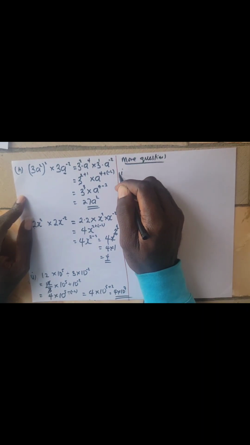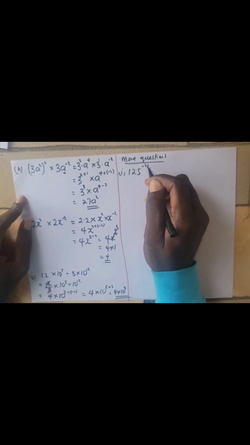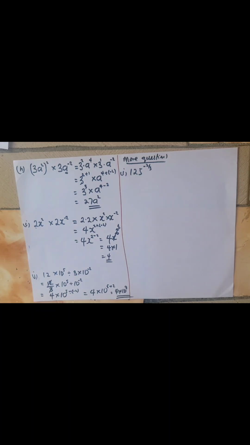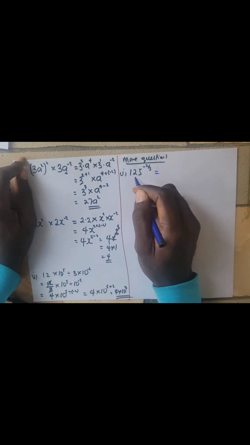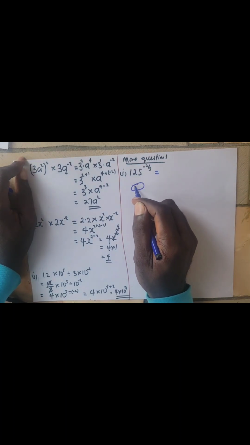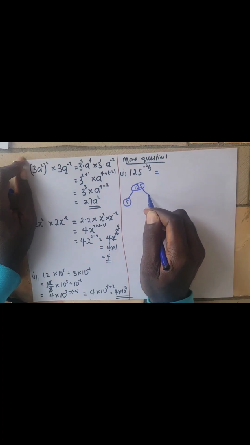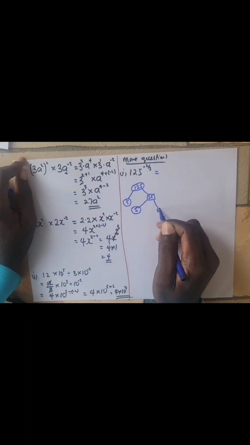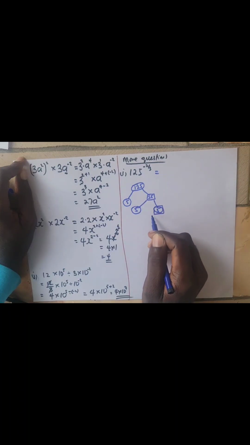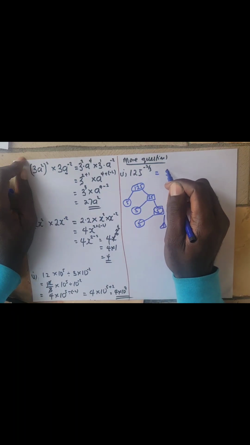Now, the first one, 125 raised to the power minus 2 over 3. How do we go about this? Different ways actually, but my preferred way is this. Preferred method is break 125 down. 125. When 5 divides it, you have 25. When 5 divides it, you have 5. When 5 divides it, you have 1. So this is what you have, 5 raised to the power 3